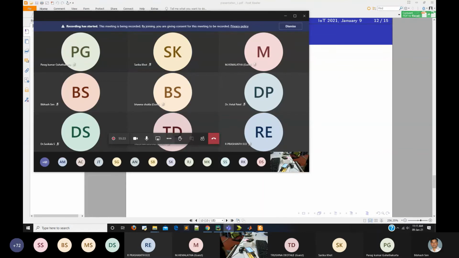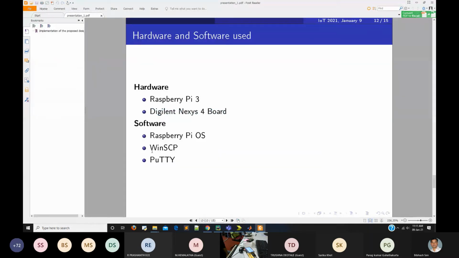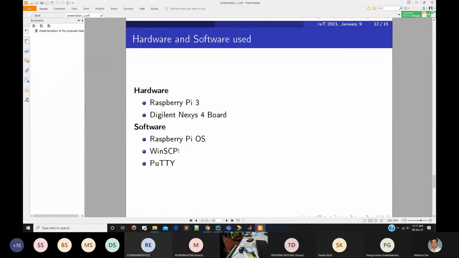The second thing we require is to control this Raspberry Pi, which we call an IoT device, and we are also using the same thing as a server. So we will use two Raspberry Pis, one for the client and one for the server, which is called the router in our authentication protocol. To control them remotely from our desktop, we will use an SSH client, that is PuTTY, and for file transfer over SSH, we will use WinSCP.